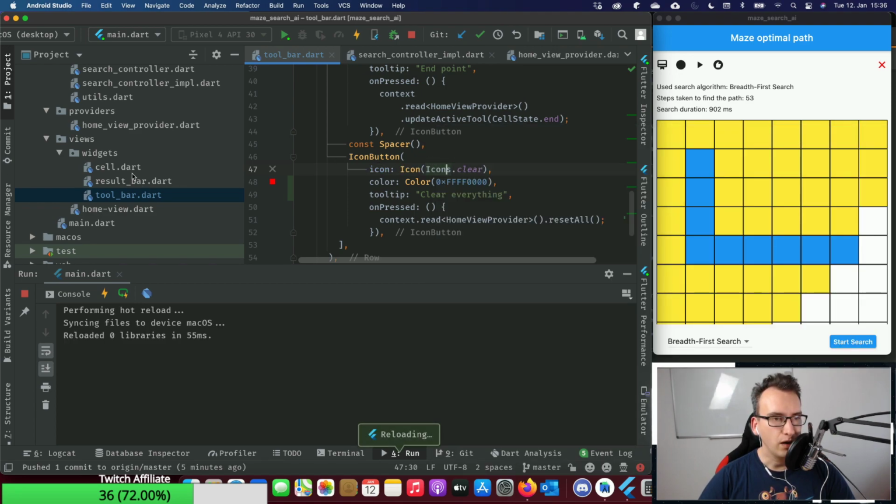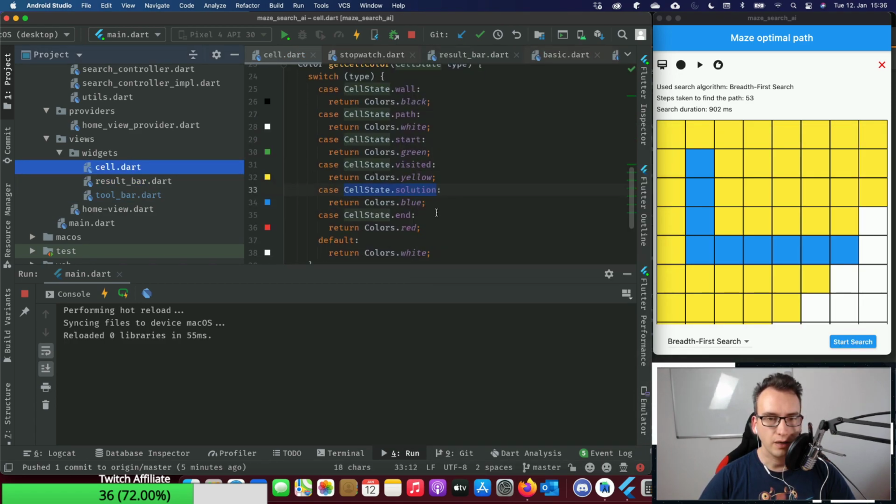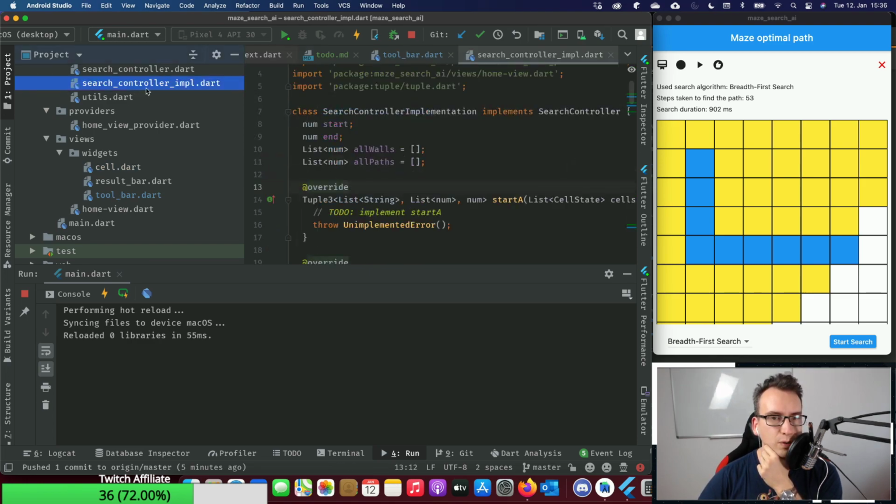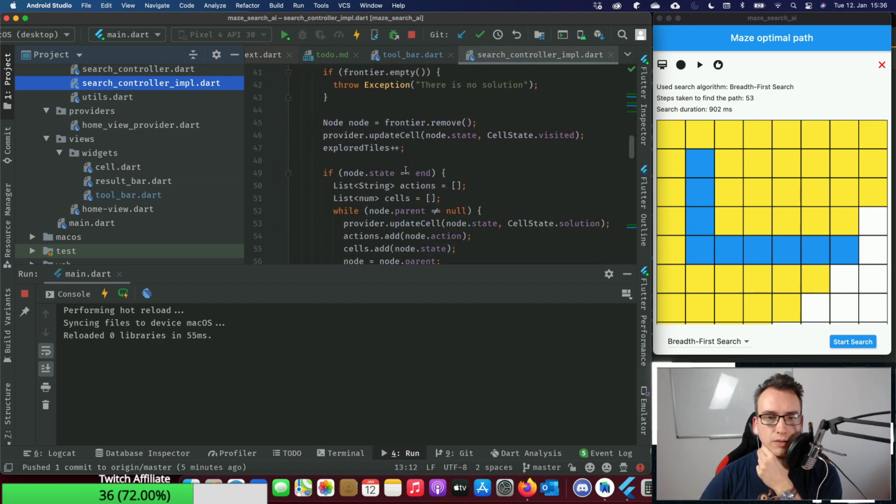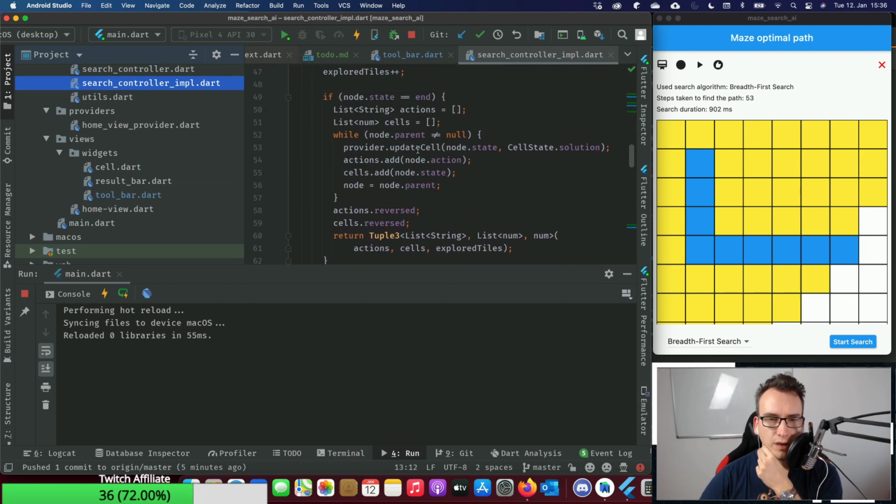Okay, so where are we? The cells. Okay, so you say that the start and end would never be visited, right? So that would be something inside of our search implementation, because here we color them and we update that here. This is update cell state solution.